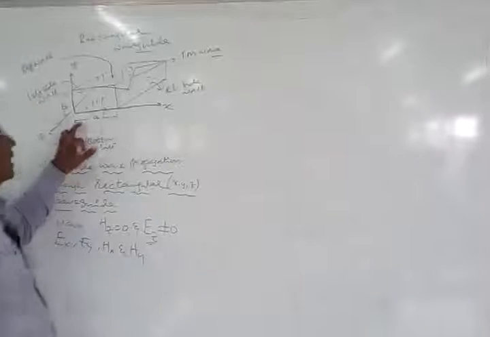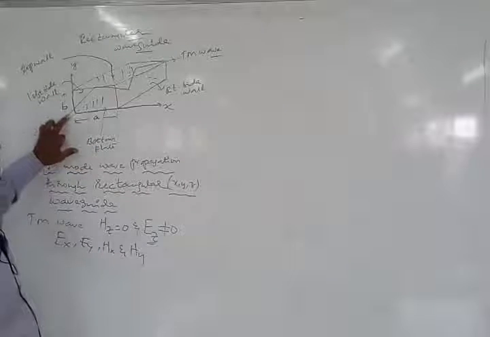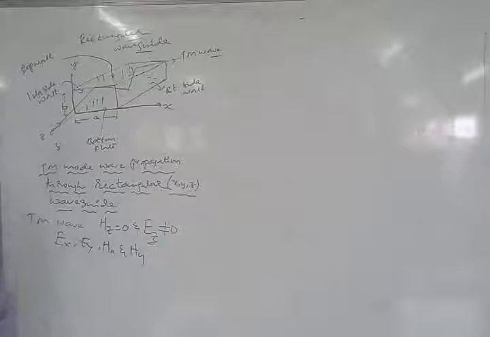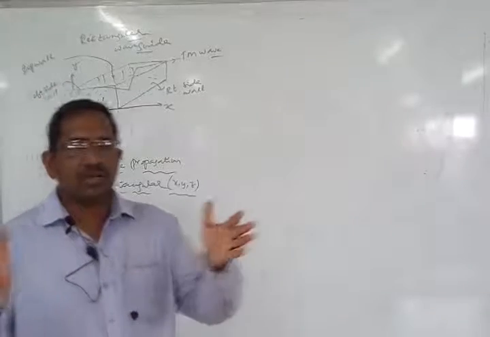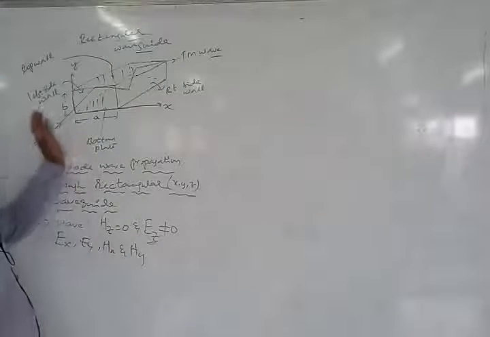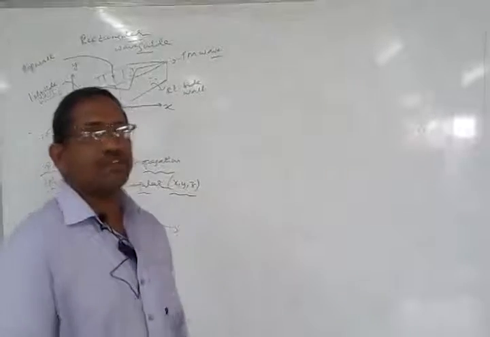What are the dimensions of a rectangular waveguide? Height is equal to b and width is equal to a. While discussing the parallel plate waveguide, we discussed the width, but we have not considered the side walls. Unlike parallel conducting plates, we have two extra walls, a left side wall and a right side wall, and after we construct the left and right side walls, we form a rectangular waveguide. So this waveguide is going to guide the electromagnetic signal through it.